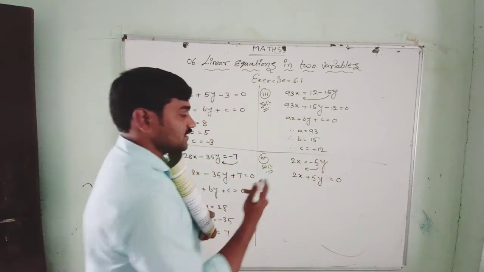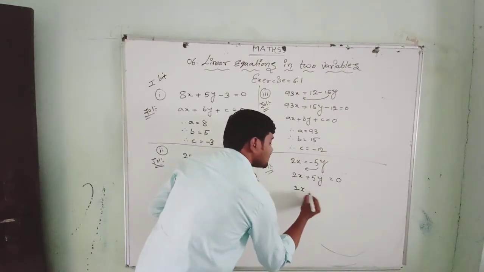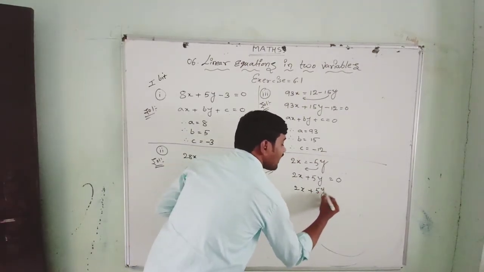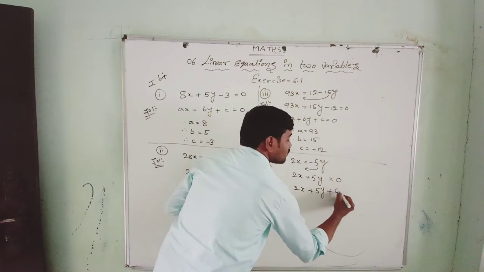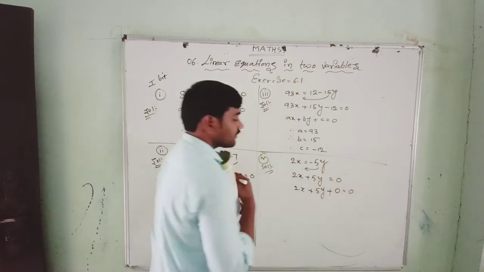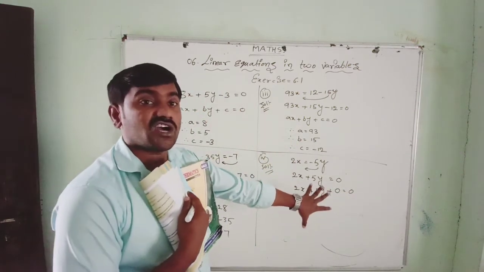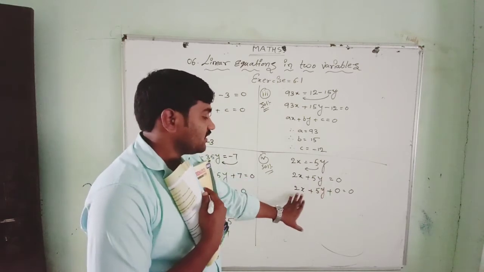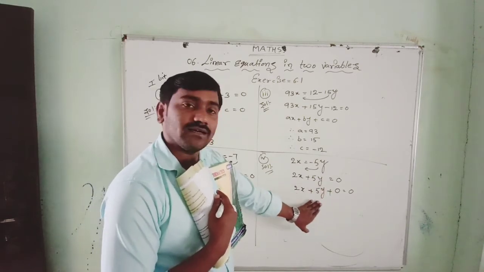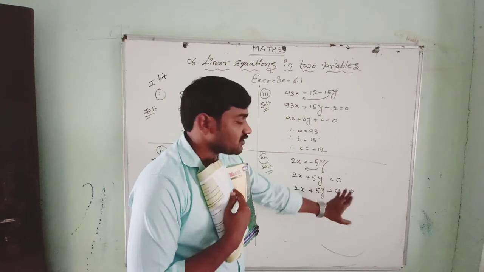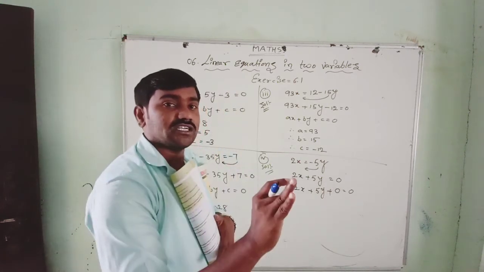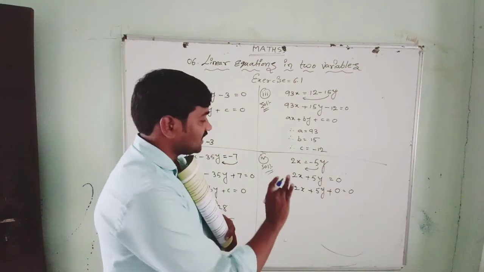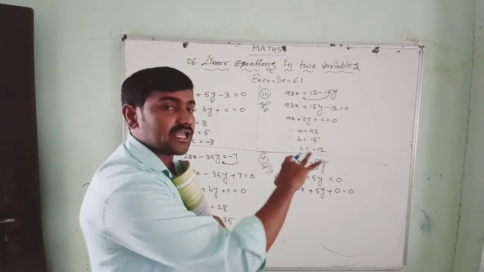Then what is the constant term? See, this I can write now. It is ax, this is by, plus c value is nothing more. We write 0. The c value will be put as 0. The constant term here is not there. X terms are there, y terms are there, but the constant term is not present. So the constant term is absent. So we put it as a 0 like this.